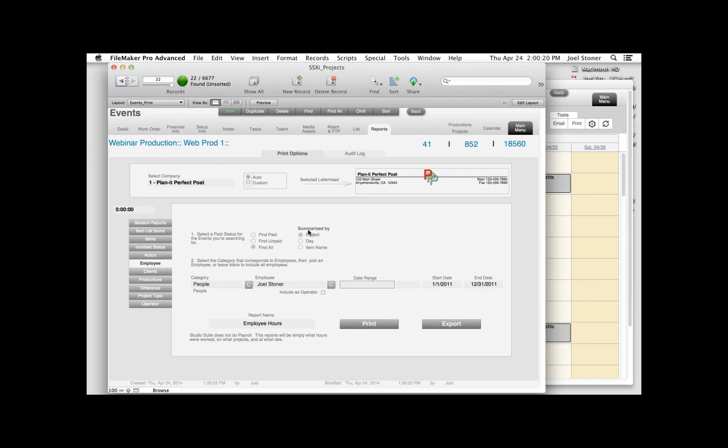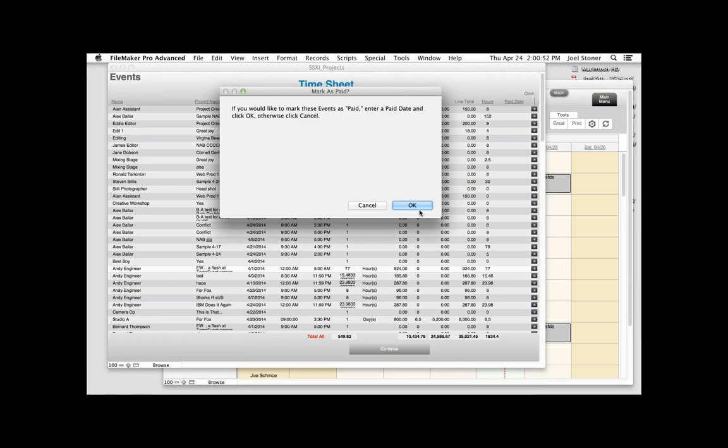And I'm going to summarize this. I've got some choices here by project, by day, or by item. So I'm going to do by project. And I can pick a category of people and a single employee if I like, or all employees. And I mentioned earlier operators. So anybody that is an operator in a room or operator of a camera or something like that, they will be able to be included in the report as well. So I'm going to do this month. And notice we can export these as well. So I'm going to hit print, continue,